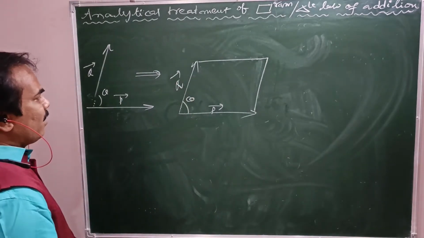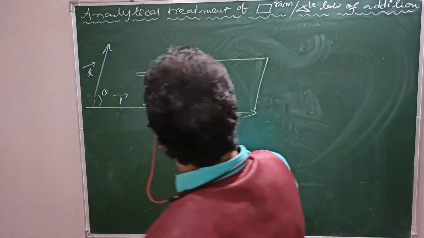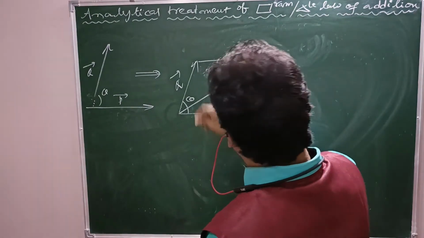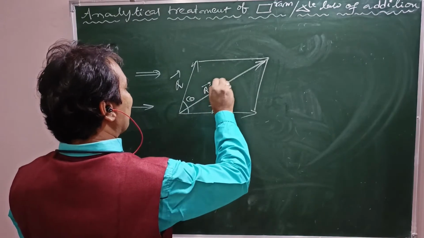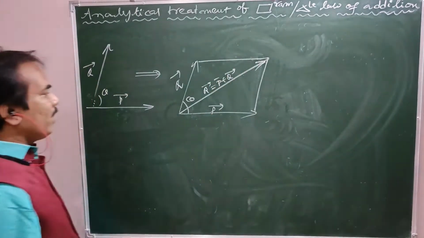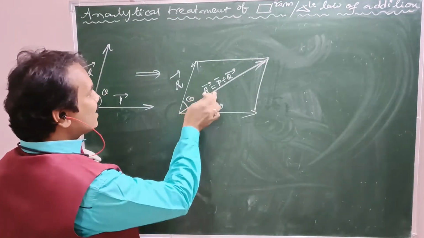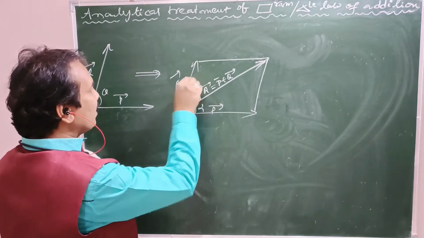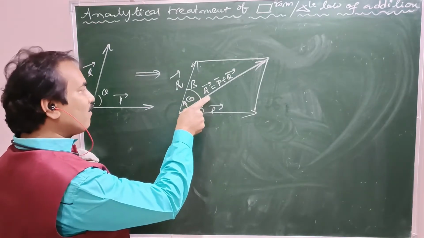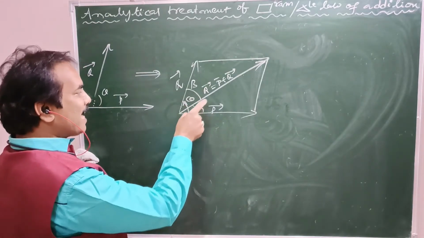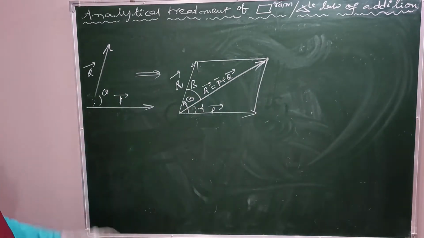Now where is the resultant? Simply by taking the diagonal drawn from the common point. See, from here to there. This is the resultant of the given two vectors. That is R bar. R bar equal to P bar plus Q bar. Okay. Now what is the angle made by the resultant with P bar? That is alpha. What is the angle made by R bar with Q bar? That is beta. Now theta means the angle between the parent vectors. Beta means the angle made by R bar with Q bar. Alpha means the angle made by the resultant R bar with P bar. Right? So this is the parallelogram law.